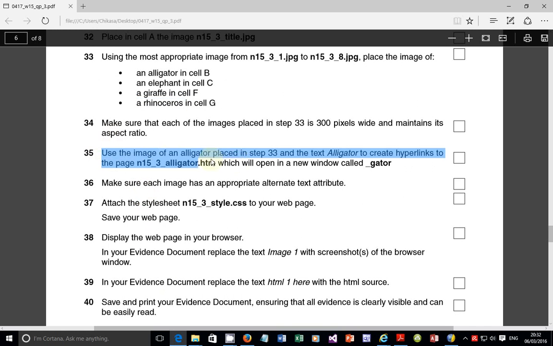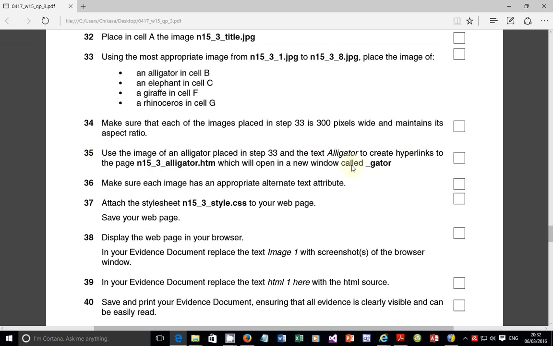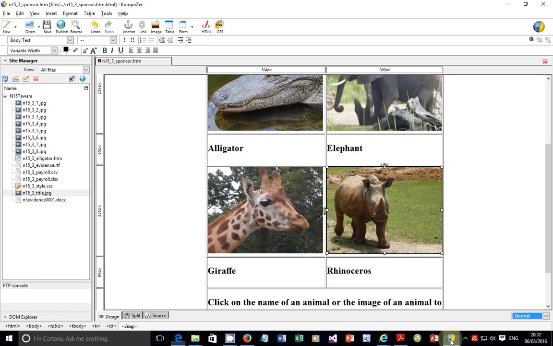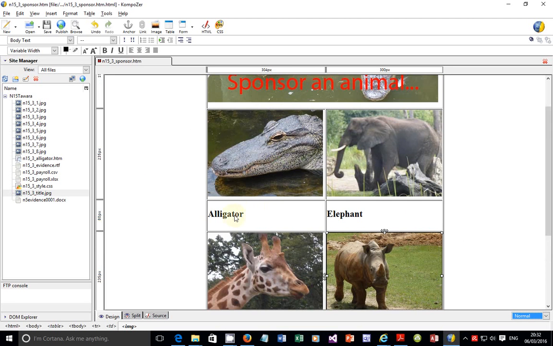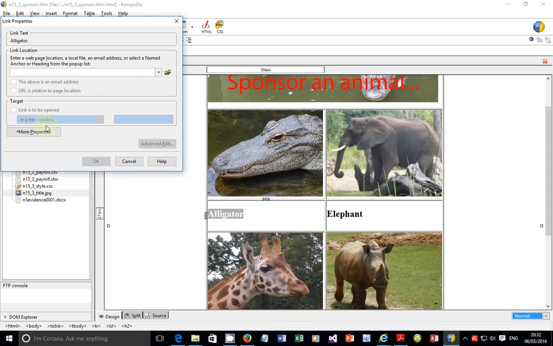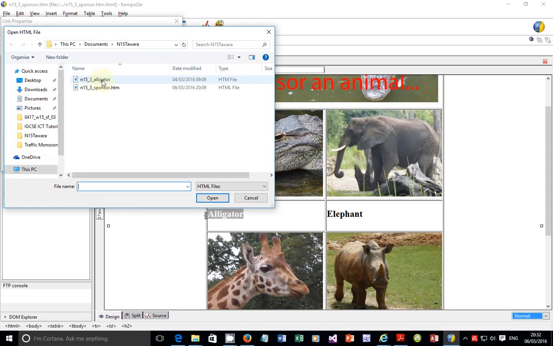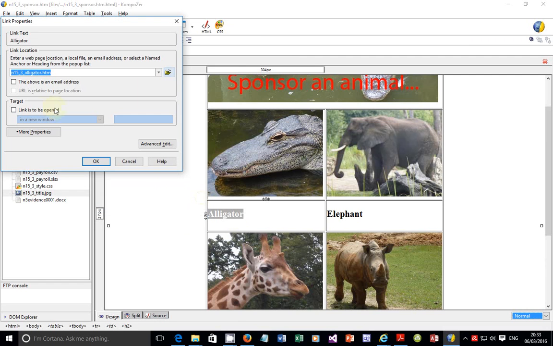Step 35: use the image of an alligator placed in step 33 and the text alligator to create hyperlinks to the page n15_alligator.htm, which will open in a new window called getter. So come back here, and I want this one to open the alligator link. I'm going to click on link, and it should link to the page n15 alligator. It's in your folder. Click open. If it was linking to an email address, we would have said the above is an email address, but this is